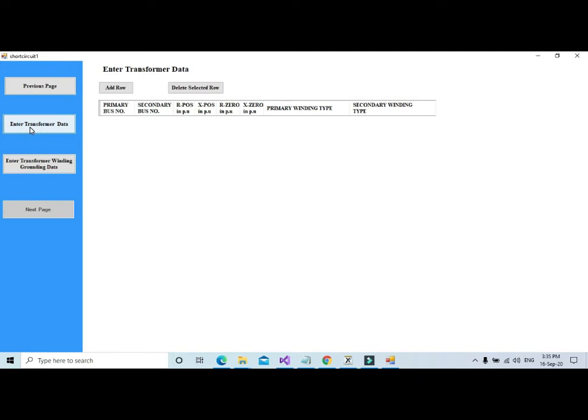Add 2 transformers, add 2 rows, and we add that transformer data here. The primary is 4, secondary is 1, and positive resistance is 0. Positive reactance is 0.10,